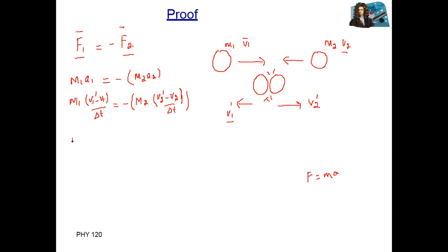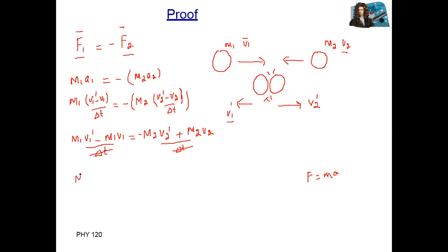So we have m1 multiplied with v1 prime minus m1 also multiplied with v1, this one minus m2 multiplied with v2. So we have m2, but minus multiplied with v2 prime, minus multiplied with minus is equal to plus, m2 multiplied with v2 divided by what? Delta time. Here we have delta time, and so delta time cancels with delta time, or you multiply both sides by delta t, so the time is the same for both and cancels.